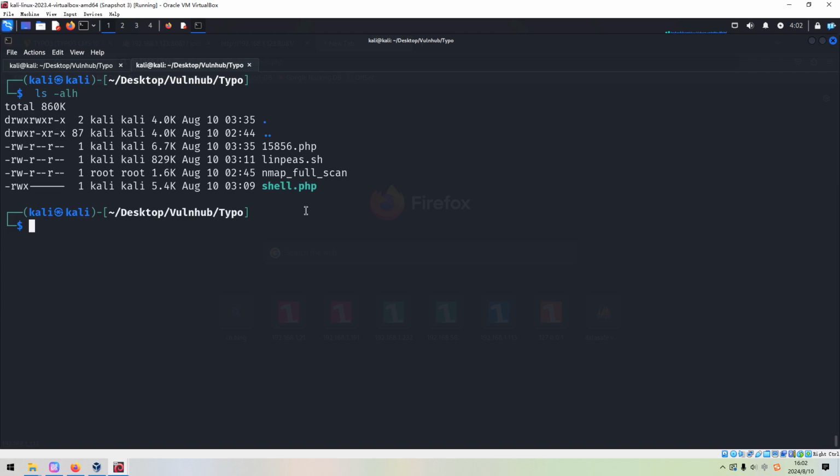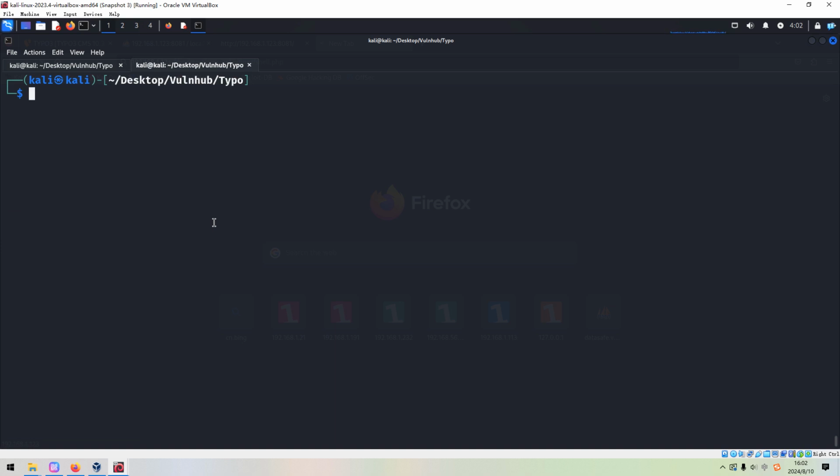Of course, I've already got this shell script ready. And next we need to upload this file to the target. The way to do it is very easy. We can set up a web server by Python 3, and the module is the http.server module.